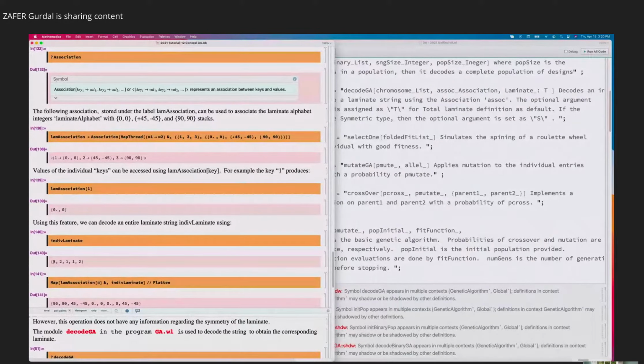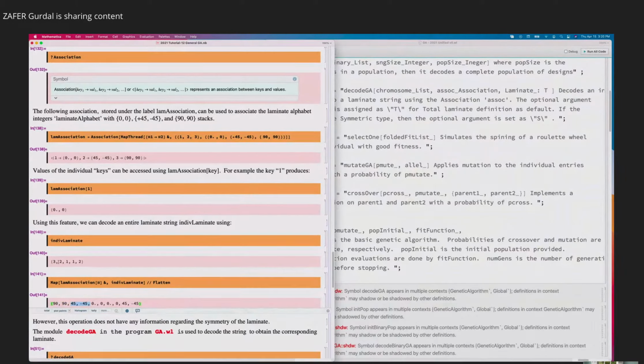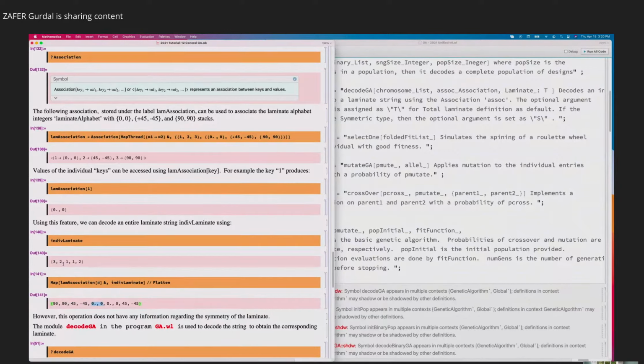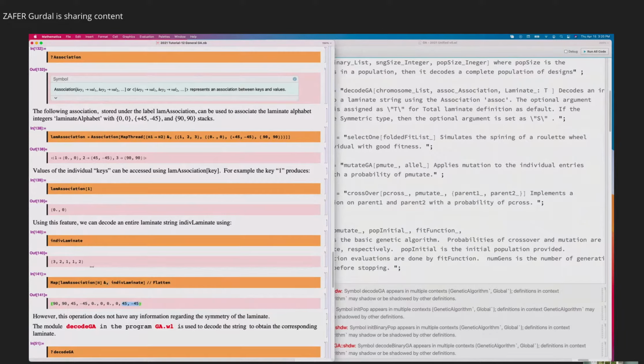I get, for this design, 2 layers of 90s corresponding to 3, plus minus 45 corresponding to 2, and 2 zeros corresponding to 1, and 2 zeros corresponding to another one, and plus minus 45 corresponding to 2. And this didn't know anything about symmetry of laminate. Okay, but I actually, out of something similar, wrote another